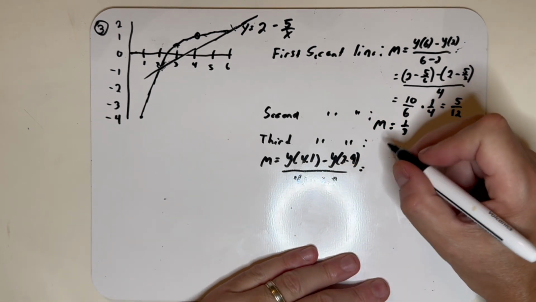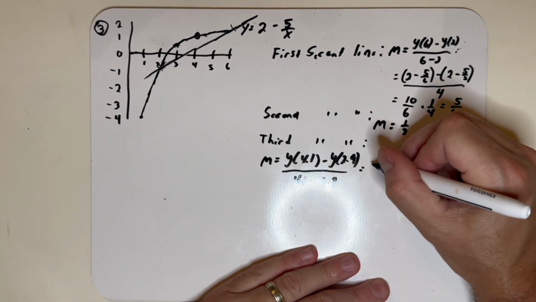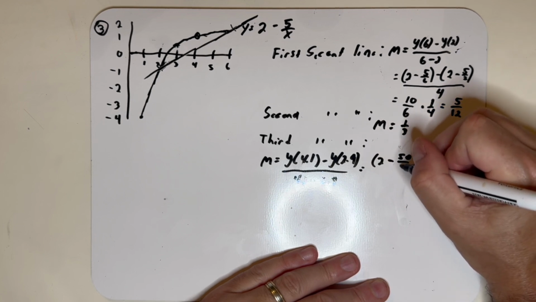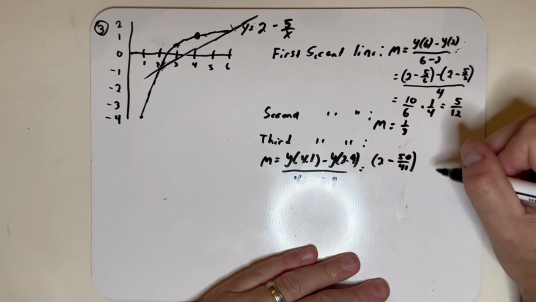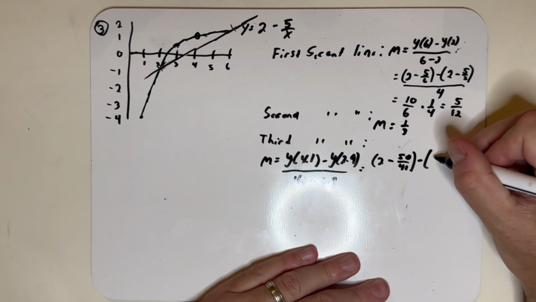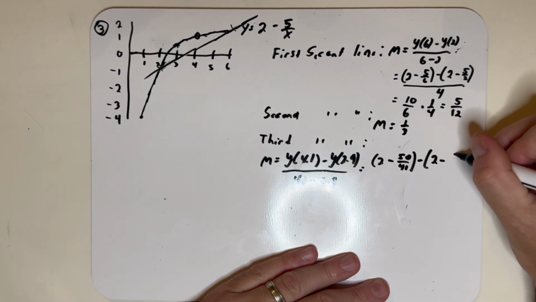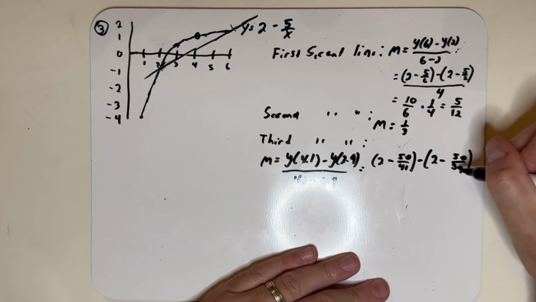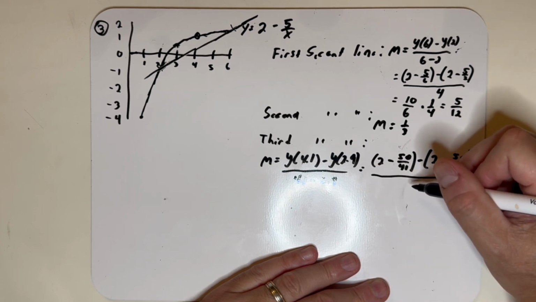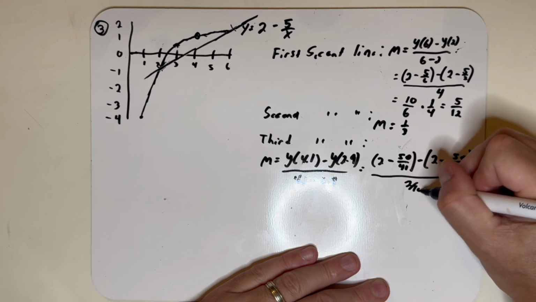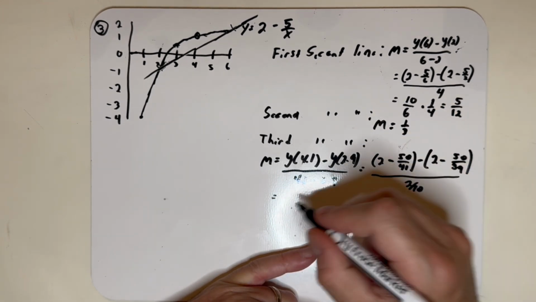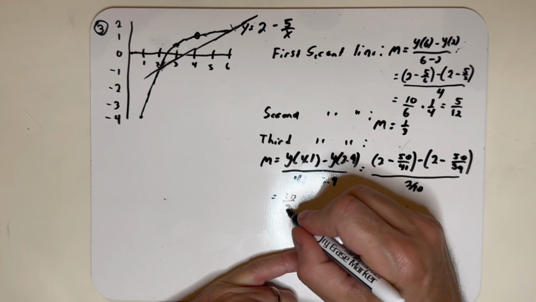And what I'm going to do, so that I don't have to deal with decimals, is I'm going to write this as 2 minus 50 over 41. That's the same thing as 2 minus 5 over 4.1 minus 2 minus 50 over 39, divided by, well, 4.1 minus 3.9 is 0.2, so that's 2 over 10. So I'll write that as 2 over 10. But that is the same thing as 10 over 2